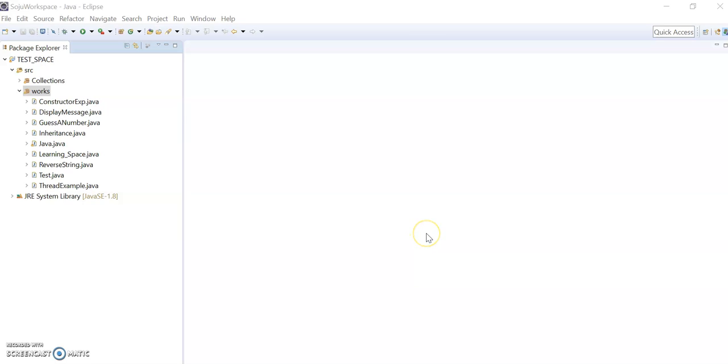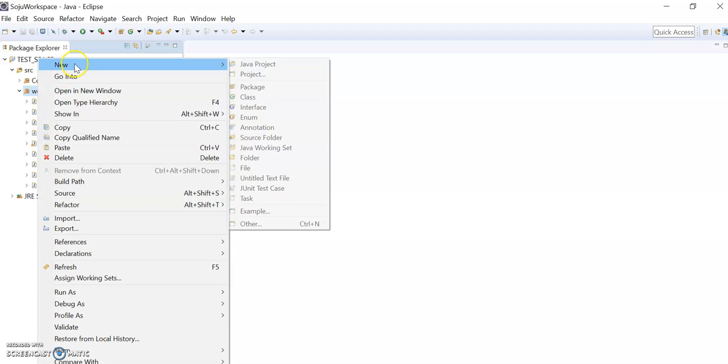Hello everyone. Today I am going to discuss functions in Java. I will start from the basics, then I will go to the advanced level. So what is a function? A function means we can say a method, or anything which runs only when we are calling it. To understand the functioning of the actual method, first I am going to create one class.